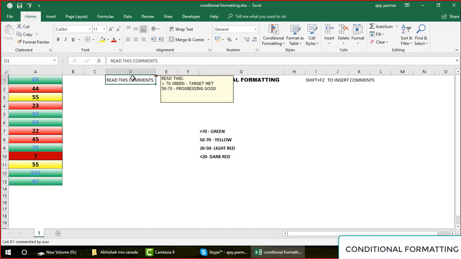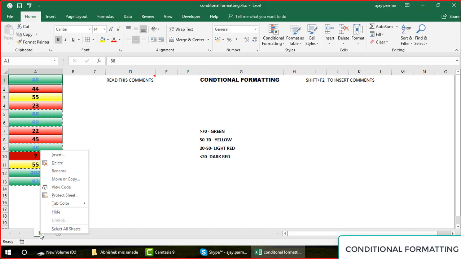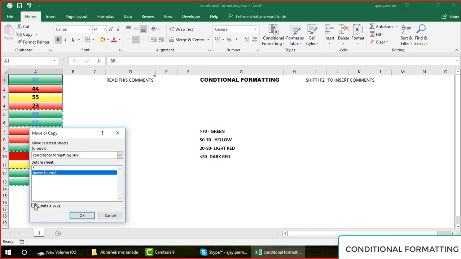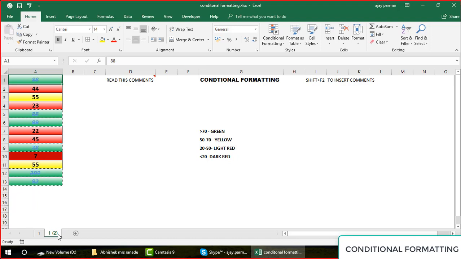Now this is done. Now the next thing which I want to do is I create a copy of this. Now we would like to go and do the same task, but by linking these values with the Excel cells. What I'm saying is you can also go and create this same stuff here. You can write the values, for example 70, 50, create the table 70, then you can go and say 20, and then 50, and then 20. So make this table. Obviously not a good idea to share this with the user, you can hide them.